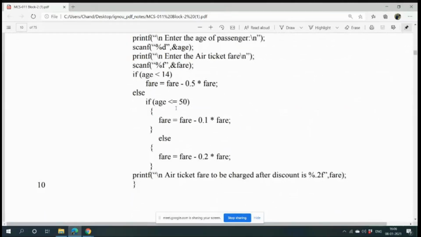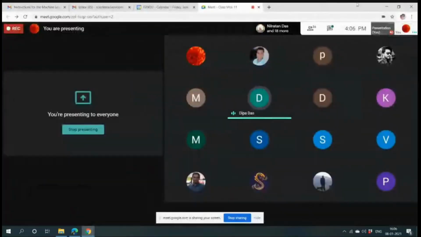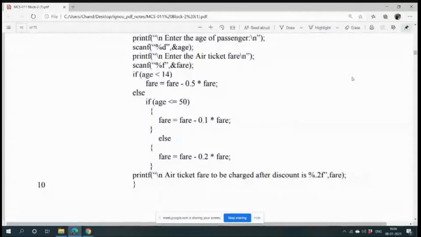Ma'am, I have a question. There are 3 conditions. First we use 2 conditions, one for below 14 years, and second one is equal to or less than 50. No. Only the person who is below 14 will come here.